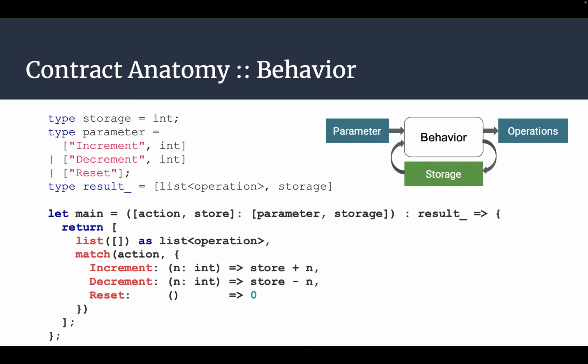So, if we look back to the figure on the right corner, parameter and the storage are the inputs. So we have the storage as the input and the parameter to be interpreted, to be used to activate the right section, the right behavior. And as a result, we produce a new storage and operations. And then after, when the VM executes Michelson code, it calls the behavior with the storage and parameters, and as a result, retrieves the storage and stores it on the blockchain on a given node.